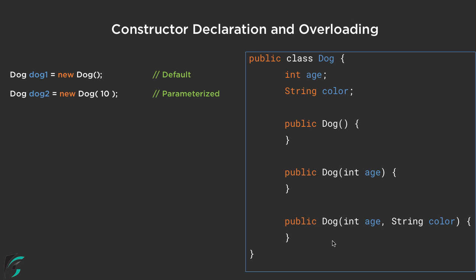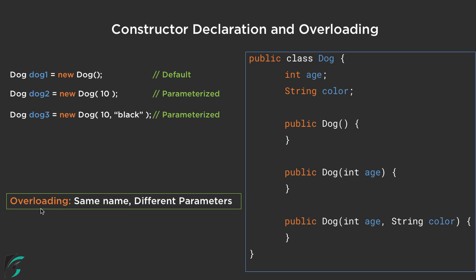And now next we have the third example, public Dog that has two parameters, int age and String color. So we can also call this from our main method by simply using this statement, new Dog(10, "black") as a string. When this statement is executed, the compiler checks if we have a constructor having this signature or not. So it automatically calls this constructor, public Dog having two parameters, instead of the others. Now here comes the concept of constructor overloading into the picture, that is same name and different parameters.